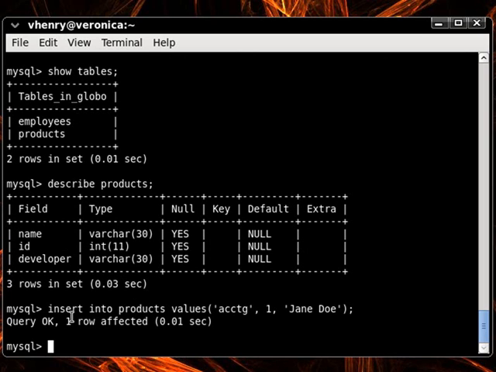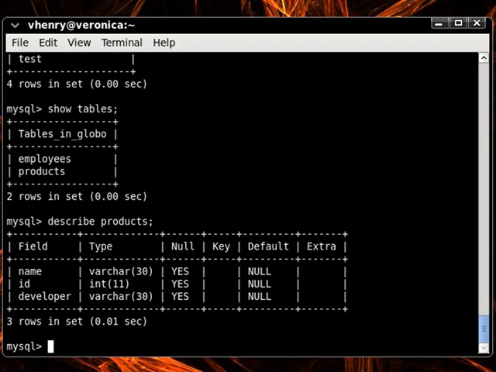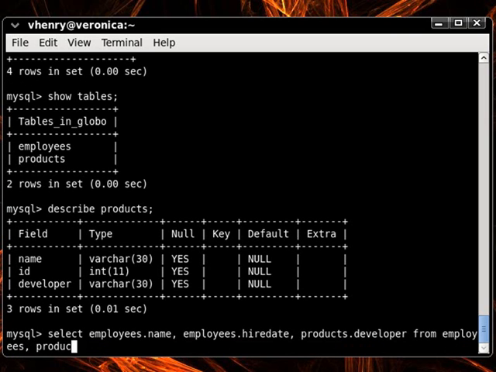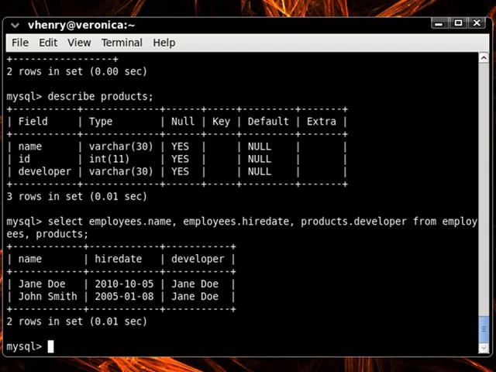Let's try select first. To use the select statement, we're going to type in select employees.name, comma, employees.hire date, comma products.developer from employees and products. And we see here what we returned is the name of the employee and the hire date along with the